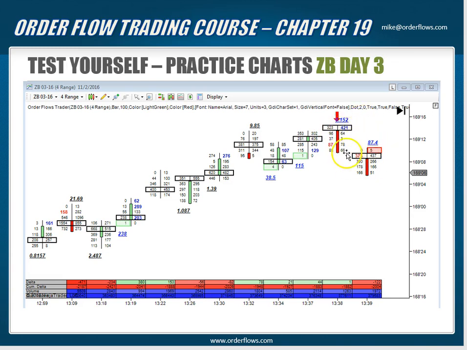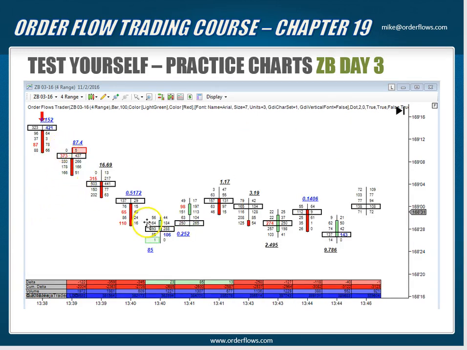So, I'm looking to get short, and so I'm looking to get short in this bar. I said ideally I'd like to get short a little bit higher, around 12, but this one I tend to be aggressive on this sort of signal. So, getting short around 08 would be a fair price. And the market moves lower. It's nice that you have a single print there, which would maybe tell you to try and squeeze a little bit more out of it. It comes down to the single print. So we're going into the